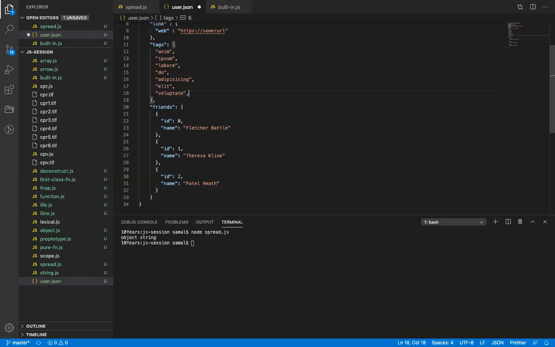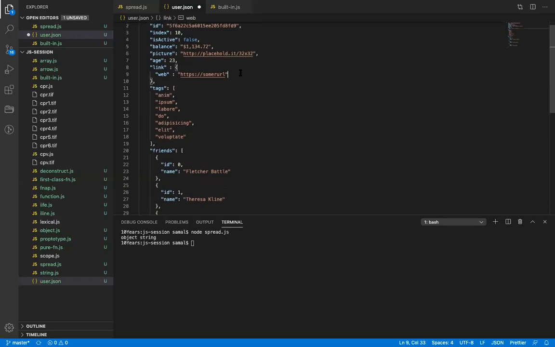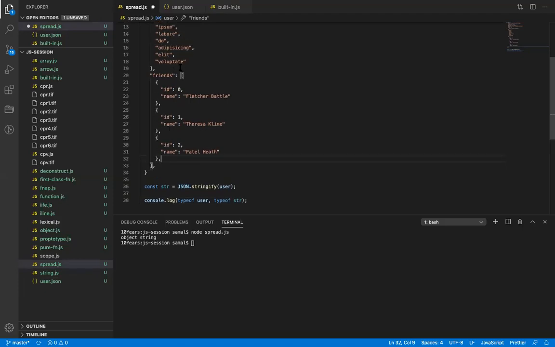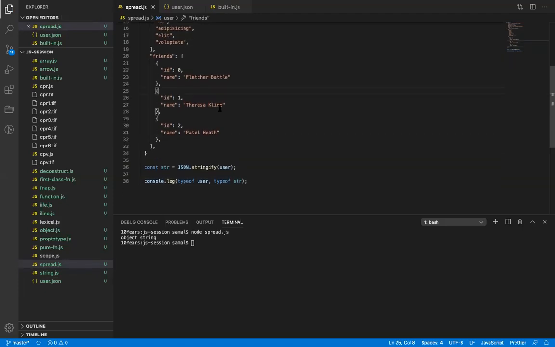If you put a delimiter or comma, that means you have to add another entry. Whereas in an object it is not required. You can put anything, because it will parse it and automatically remove that. So this is the main difference between a JSON string and a JSON object.